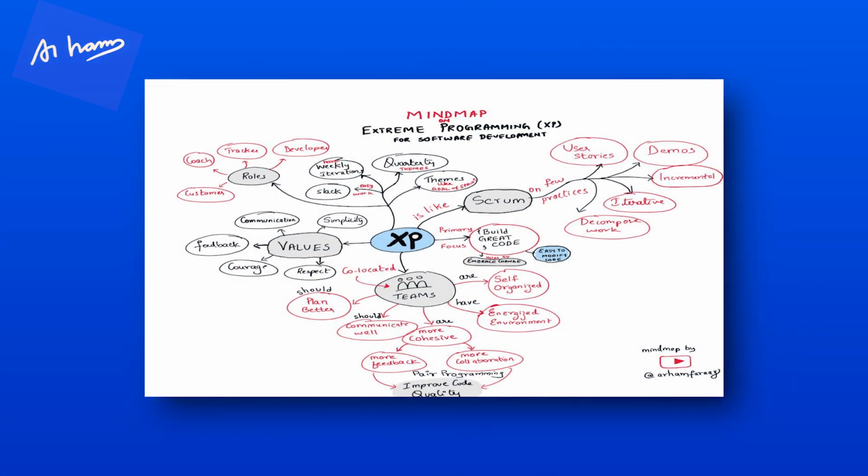So there's a mind map in front of you on our screen. You'll be able to understand things. So XP teams work in a very different way, right? XP teams work co-located. All the teammates are co-located. They are self-organized teams and they have an energized work environment. Self-organized, they understand what work has to be done, they pick it up and start doing it. As I've told you earlier also, the goal of Agile is to have self-organized teams and increase collaboration.